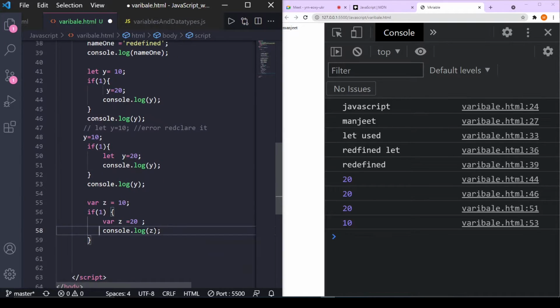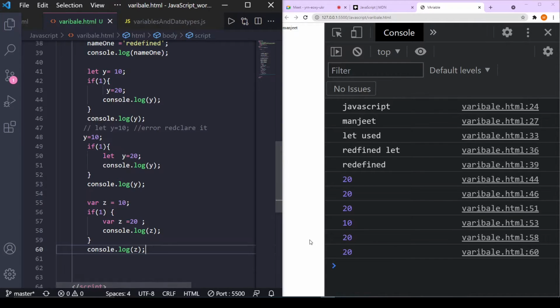And similarly, we are printing outside the block so that we can see whether it changes or not. It shows 20 and 20 because var is not local scope like let. That's why it's showing 20 in both cases.